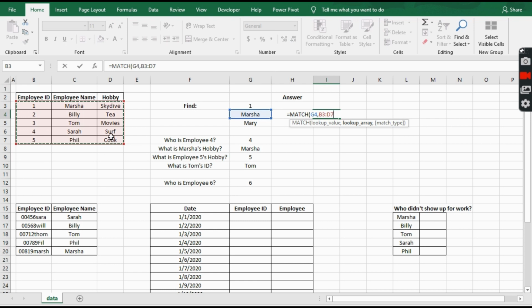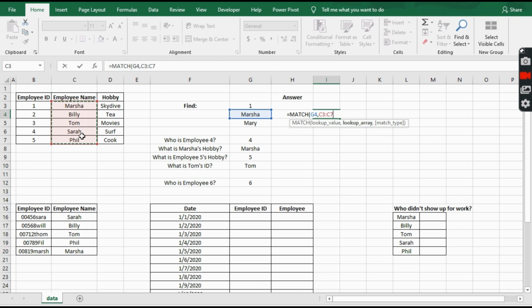A MATCH can figure out the difference between a column and a row, but it can't highlight a whole section like that. It gets confused. So you need to make sure that you're highlighting either a row or a column, and then